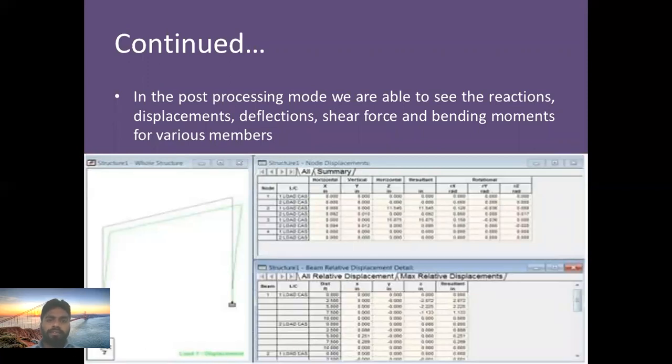In this slide we can see the reaction and displacement, shear force and bending moment of various members. After running analysis, we get this type of window in which we can see the reaction, displacement, deflection, shear force and bending moment.